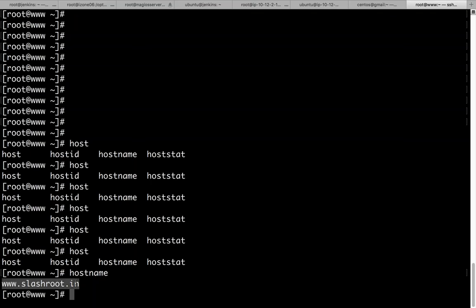I will tell all of those things in detail in the coming days, but for now, consider from this particular whole name that you are seeing on the screen, the leftmost thing that you are seeing before the first dot is the host name, and whatever comes after the first dot is called the domain name. Actually, we can dissect it further, as I just mentioned earlier as well. That dissecting we will do in the coming days to understand it further, but for now, consider left hand side is the host name. That is the very reason, because that is the name of the computer.